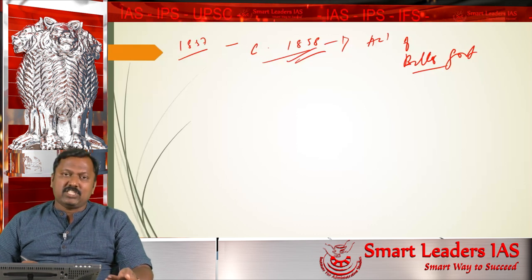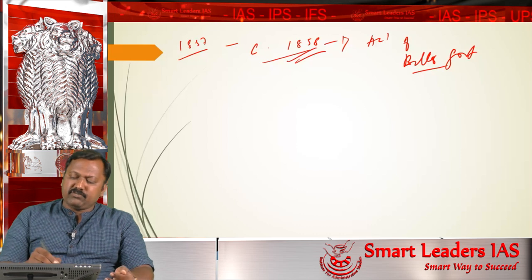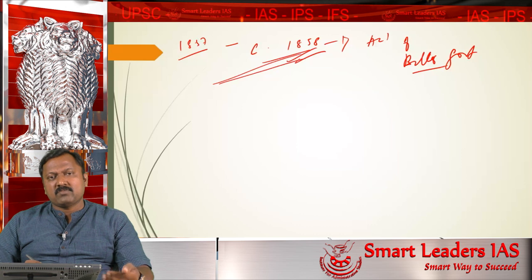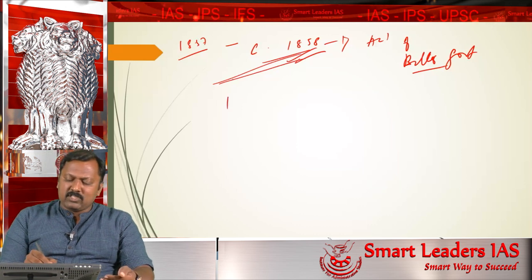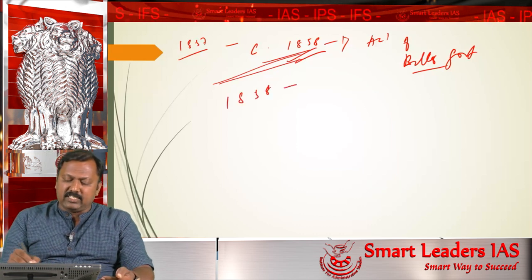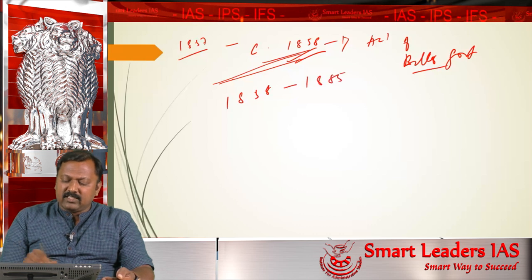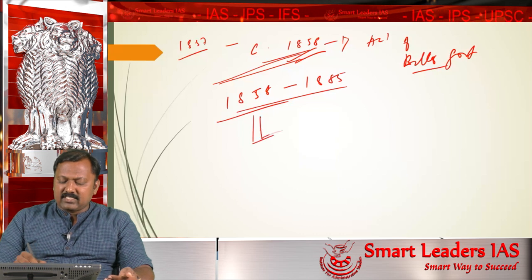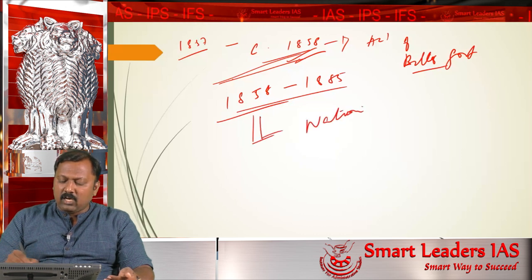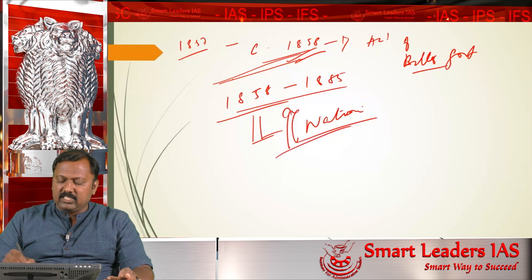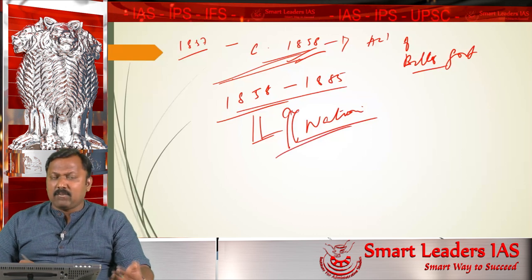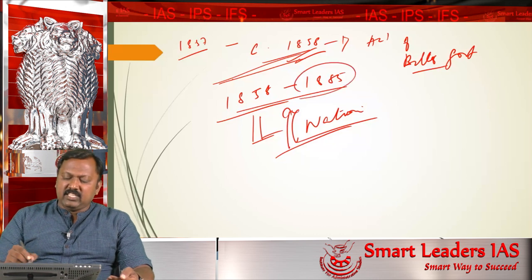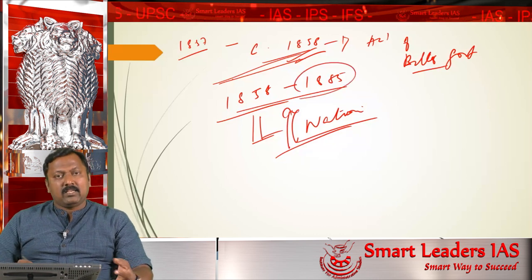We will discuss the changes in separate classes. Sufficient to know that these changes in 1858 created a new set of problems in India, and over a period of time, starting from 1858 to 1885, there existed a condition which was responsible for creating something called nationalism, or the emergence of nationalism in India. So nationalism in India had begun to gain momentum and strength by the year 1885, and those 30 years were highly important.